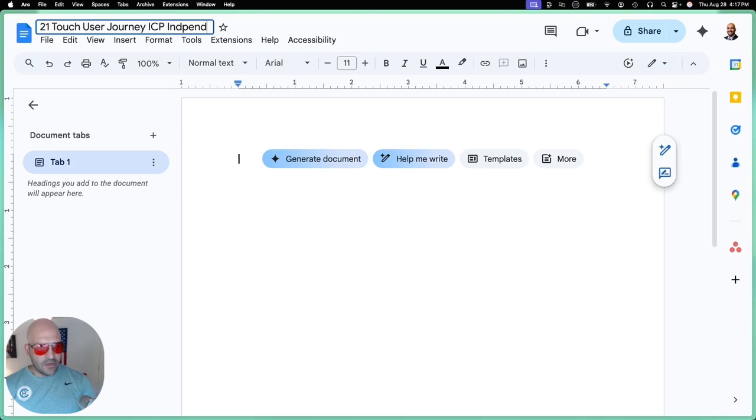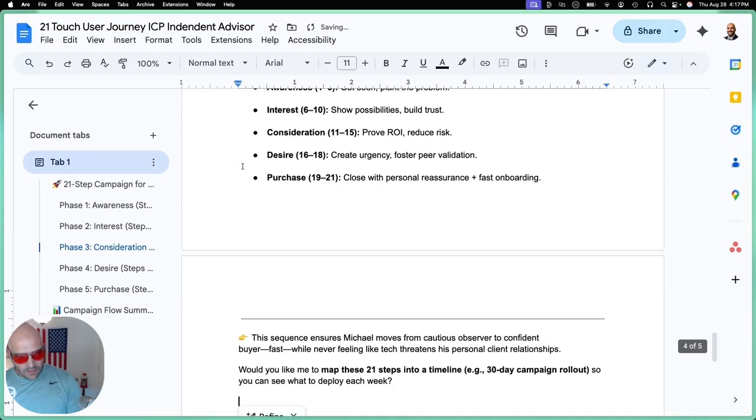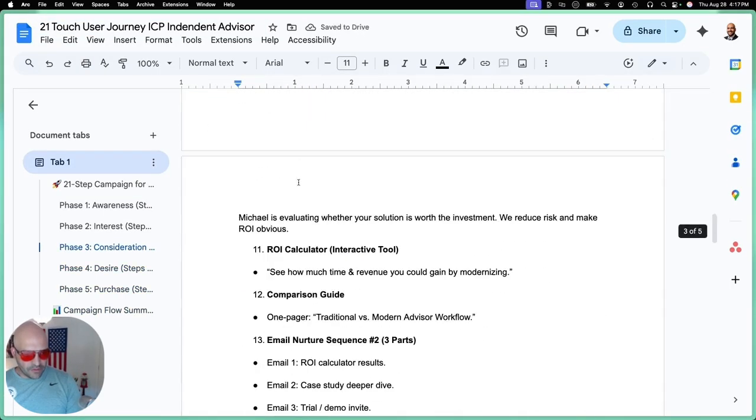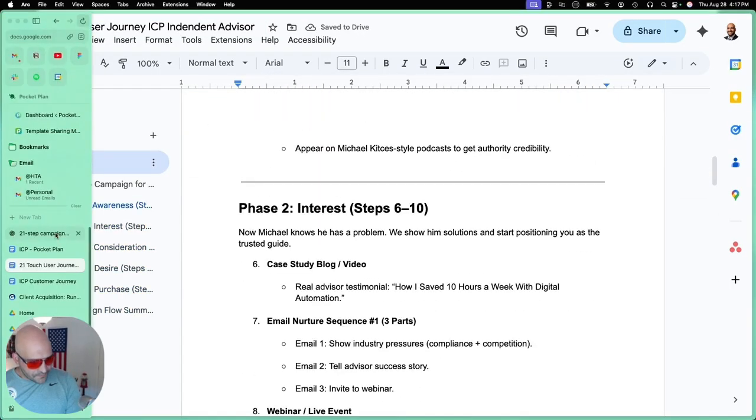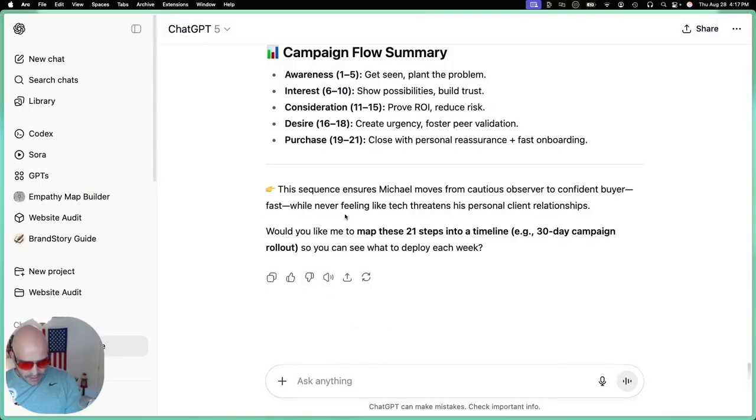And I'm going to call this, I know who this is. So this is my independent advisor, right? And so I'm just going to paste this in just so that I have it for reference or whatever, right? But now what I can do is I can go back into GPT and I can basically say,